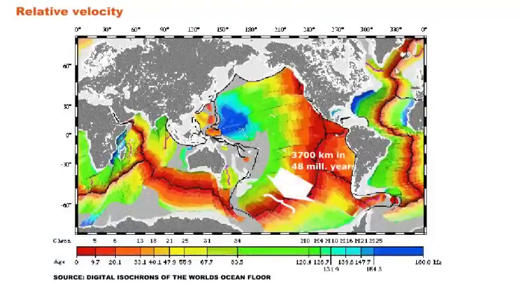So you can see where the red is, that's the youngest ages. So we see separation happening here in the mid-ocean ridge. So we're kind of tying everything together here. It gets older as we head to the left and equally older as we head to the right, mirror image